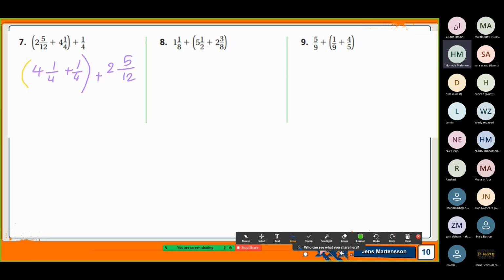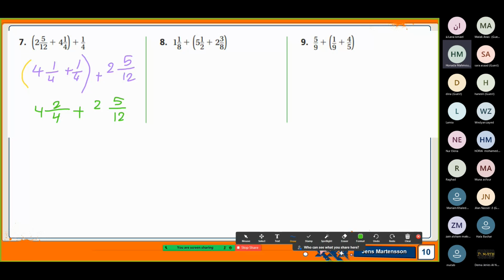we will add 4 1/4 plus 1/4. We will add the fractions first. 1 plus 1 equals 2/4, and 4 plus 0 equals 4. Then add,